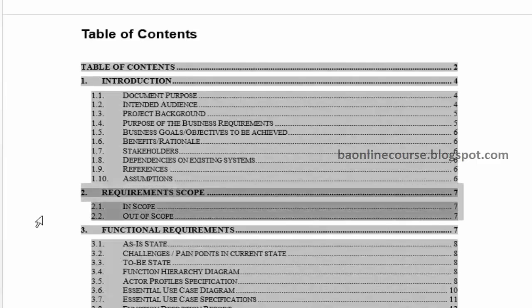Then you clearly call out what the scope of the project is. Now this again is a replication from your earlier documents, either your RFP response, your SOW, or your business case document, right? You would have agreed that this is the scope that we are going to deliver, and this is in scope and this is out of scope. You clearly call that out, and this definitely would be there in your SOW, right? So you're just picking that up and using it here. There's nothing that you're identifying as part of the